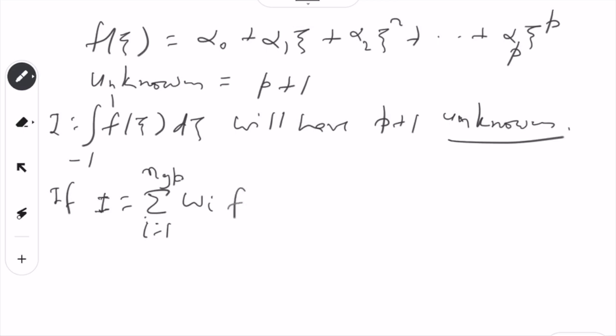So, what does it tell you? It tells you that for every Gauss point there are two unknowns. One is Wi, second is xi, right? So, it tells you there are 2 times NGP unknowns,